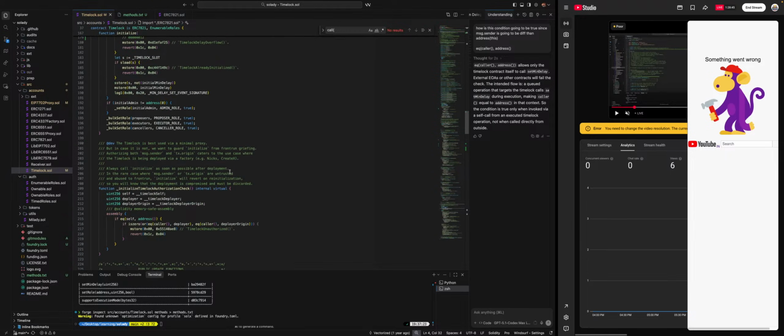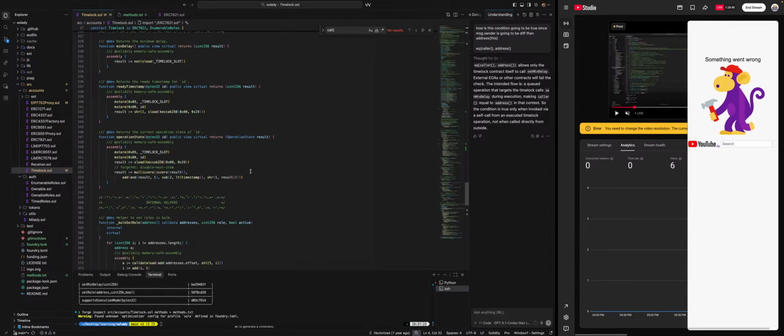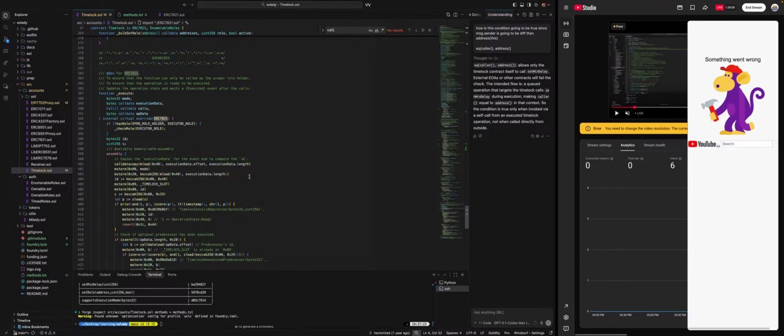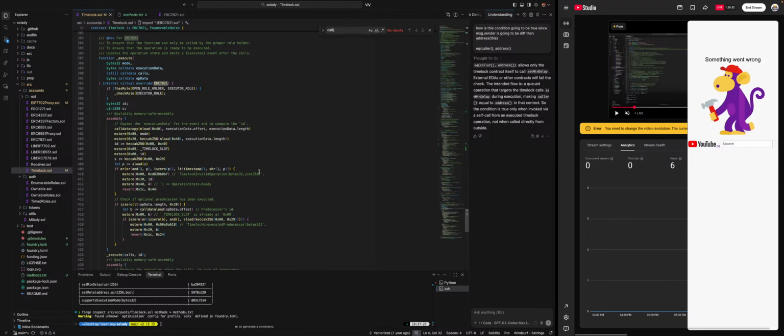Yep. No, I understand. So let's go back and get back to understanding execute, which is the heart of the time lock. So we are checking if the caller has